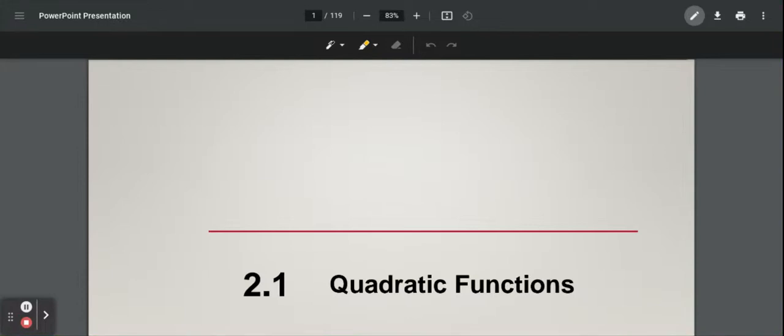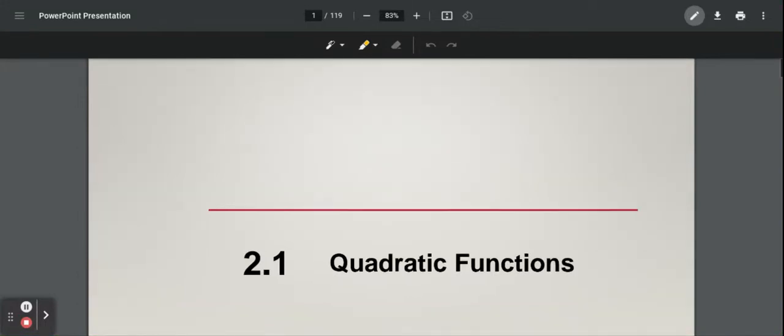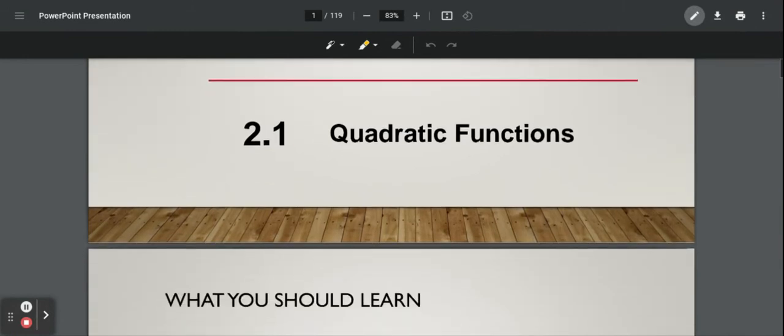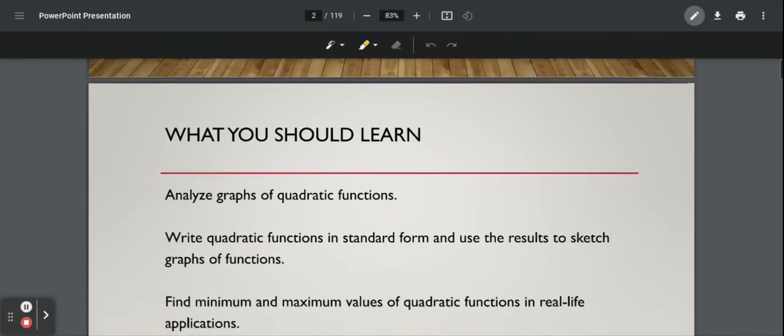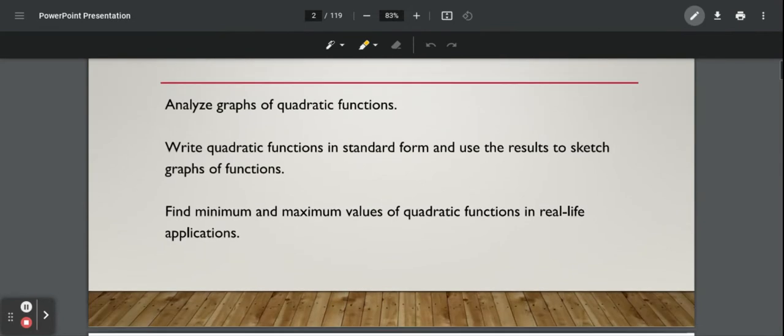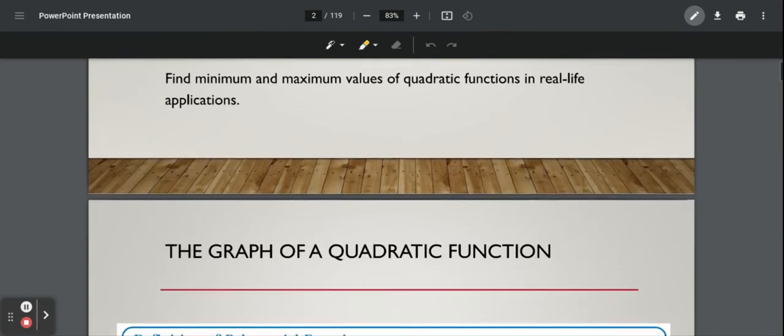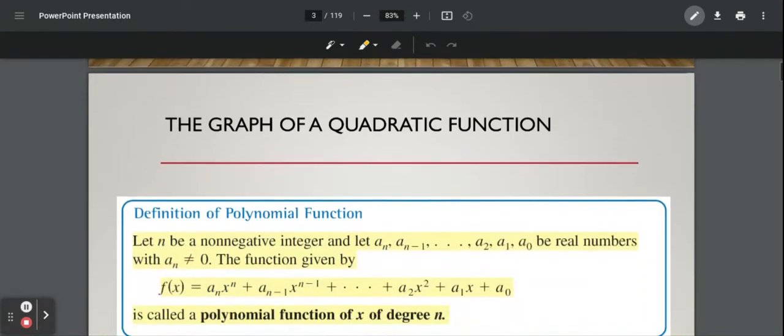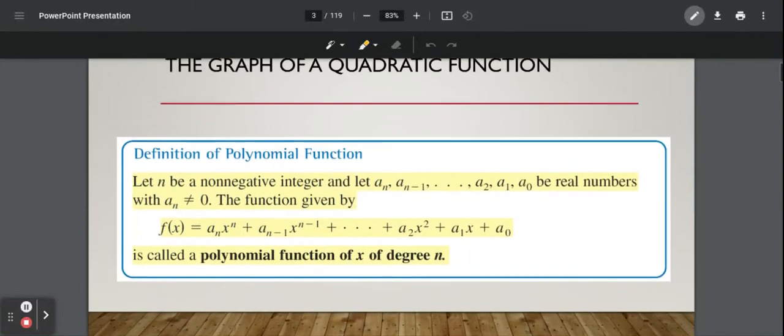All right, chapter 2, we have polynomial and rational functions, and this first section is talking about quadratic functions. So what we'll look at is analyzing graphs of quadratic functions, writing quadratic functions in standard form, and using results to sketch graphs, and then finding minimum and maximum values of quadratic functions in real-life applications. So the graph of a quadratic function,